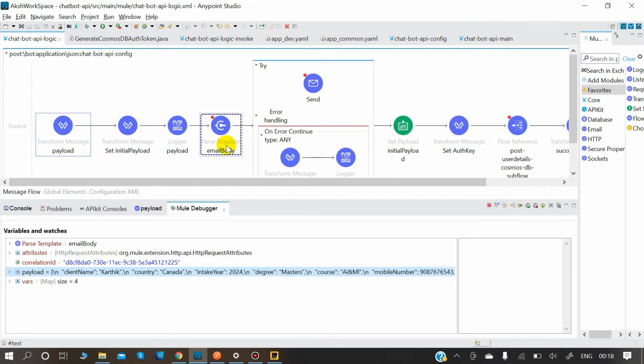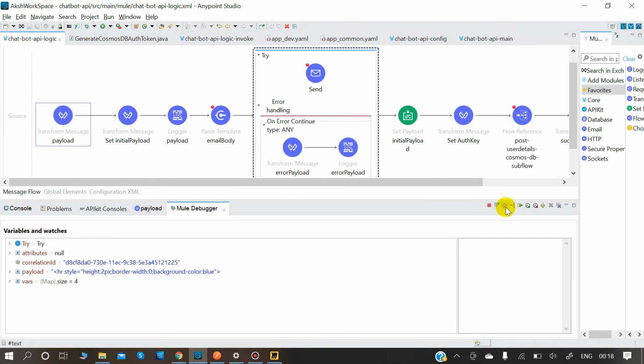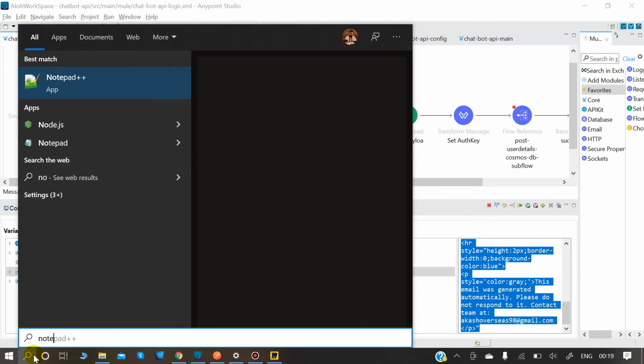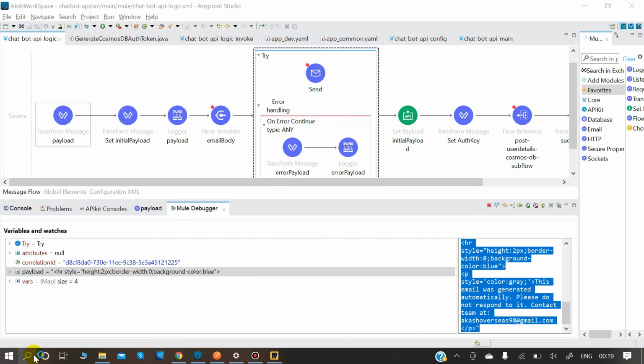Now we are parsing that particular email body to an HTML format, so we receive an HTML notification. So let's go ahead. We are going to enter. As you all can see, the payload has been changed to, see, I will try to show you all in notepad.